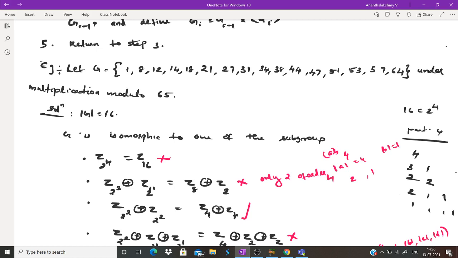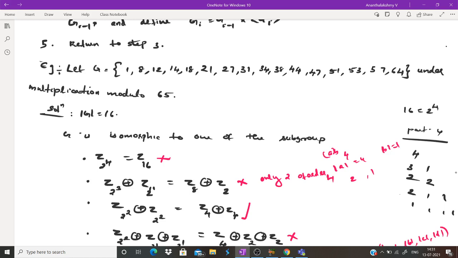Now what is the order of G? You count it as 16. So we are asking how many abelian groups there are of order 16. That means we are going to find to which group G is isomorphic. We are using the fundamental theorem, so every finite abelian group will be isomorphic to one of these. So up to order 16 you find all those abelian groups.